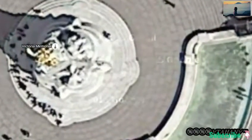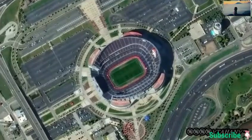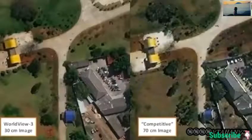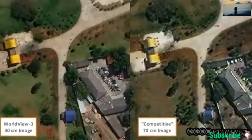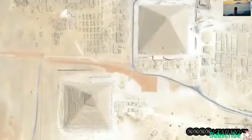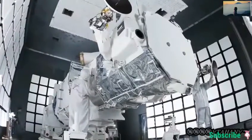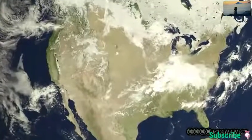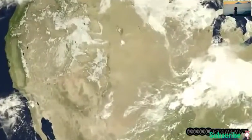That might not sound like much, but don't forget, the camera is 363 miles up in space. Whilst this is still not enough to make out details like people's faces or car number plates, it is quite a big jump from the 70 centimeter resolution that applications like Google Earth had to use before. Digital Globe still had to apply for special permission from the US government to sell the new higher resolution images on the open market. Such is the increase in the quality that the new system can reveal that it would have been classified before. The system can image an area the size of the United States in just 2 days